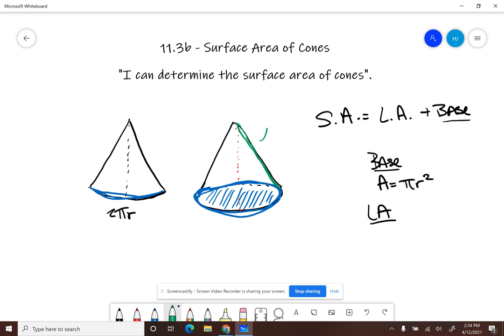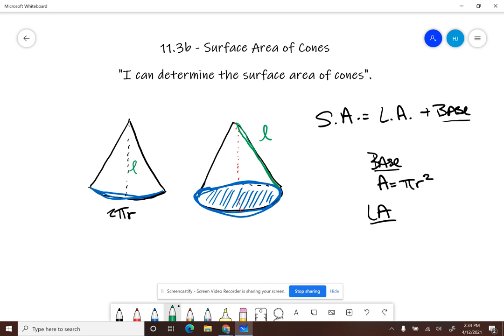And remember, we noted slant height as being the cursive letter L. So really, that's what this height really is. If I'm talking about the piece that I've kind of brought out of this, this is actually my slant height. So when I'm talking about the lateral area of a